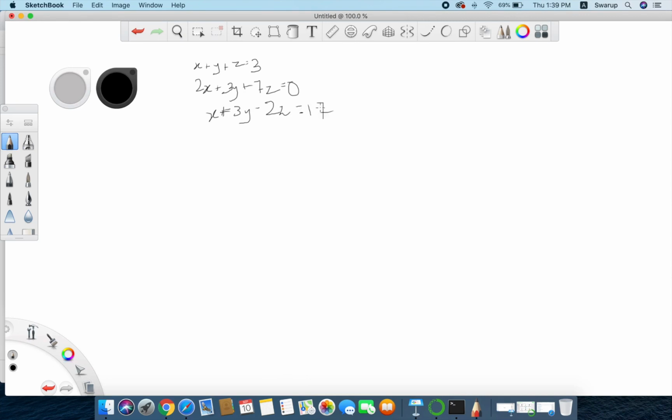So like that we had values. Now when we get the augmented form of this, it will be first row 1 1 1 and here I will write the augmented value, 3, and the second row is 2 3 and 7, and the augmented value is 0, and the third row is 1 3 and minus 2, and it is 17. So this is what we had.